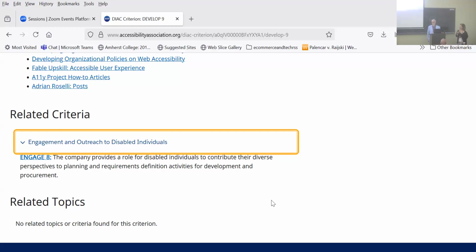So why is it useful? It's useful because in talking to the client, you can say, look, this is what the disability community is asking for, and guess what? It's going to save you a ton of money and engineering time.